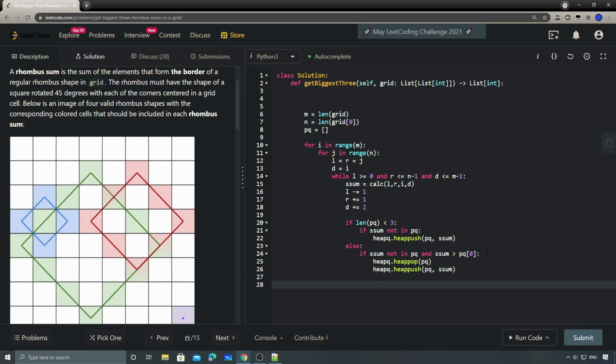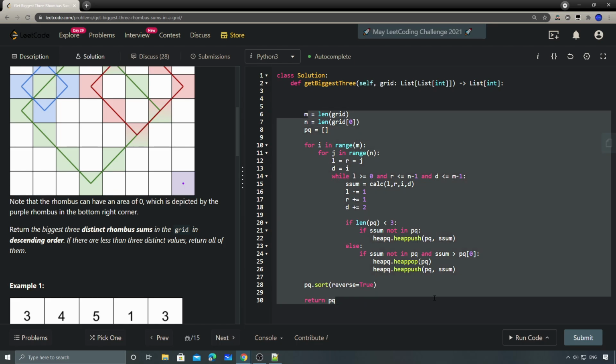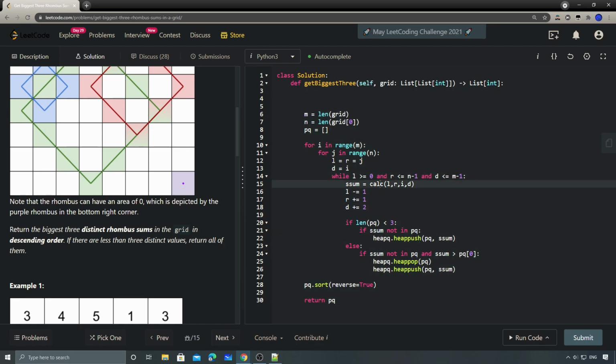And then in the end, we just return the 3 values. But since we need to return them in descending order, we can simply sort it, reverse equals True, and then return the priority queue. So that's the main logic here, and the only thing left is the helper function to calculate the sum, given the 4 borders,